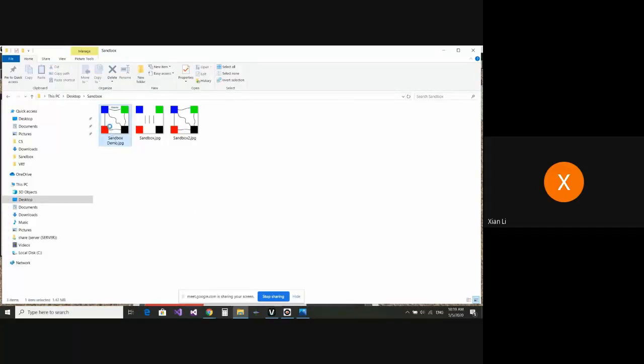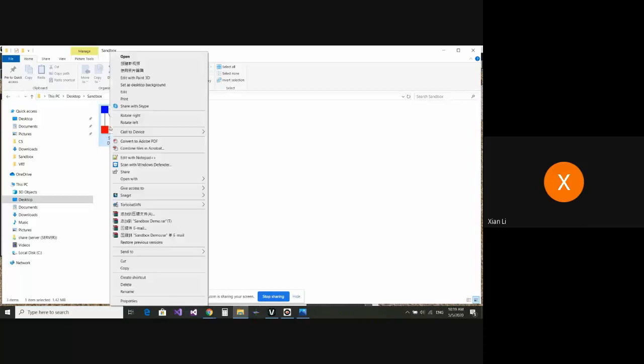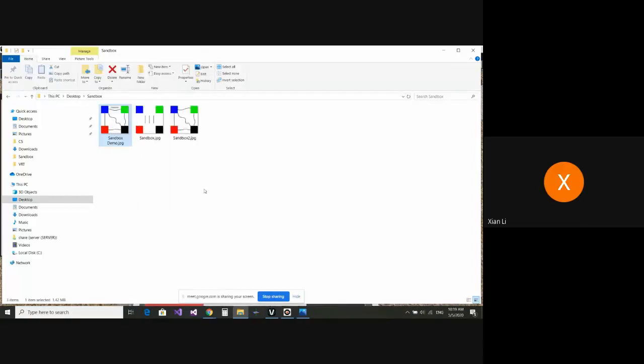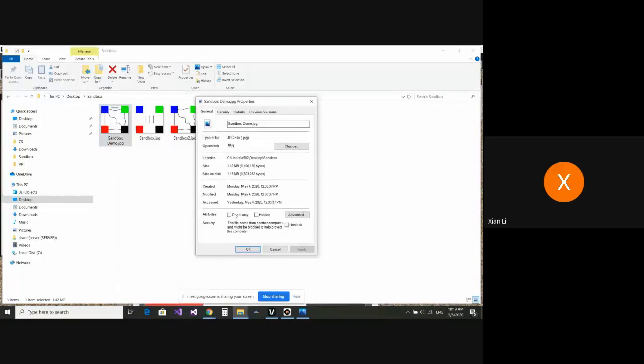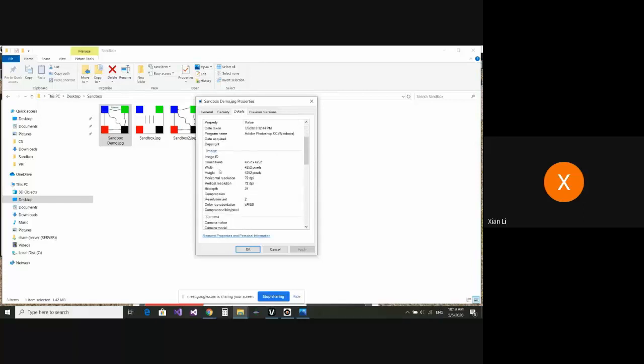Let me right click and find the properties of this image I imported. So this is the property, and then this is the size. This is the size of the image I use. Most images I use are around 300 KB or 500 KB, and the maximum I use will be less than 2 MB. And then if you go to the details, you'll find the dimensions of the